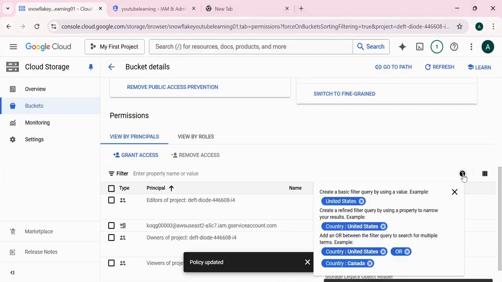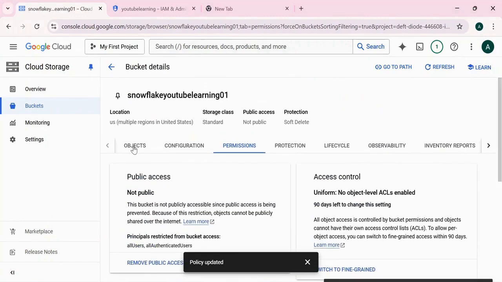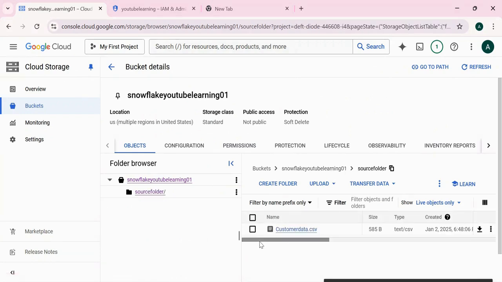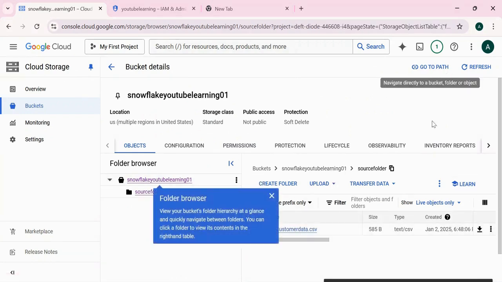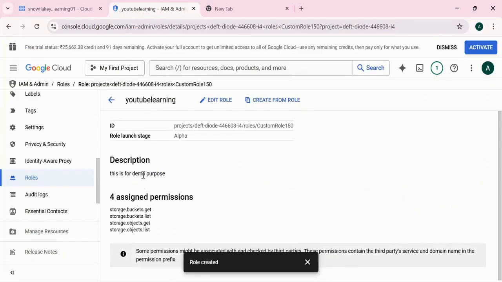Now, if I go back to here, go back to the buckets, into the objects, into the source folder. This is the customer data, we have it. If I'm going to refresh, the file is still there. Okay, so if you need to remove this file with the command, then you will be running